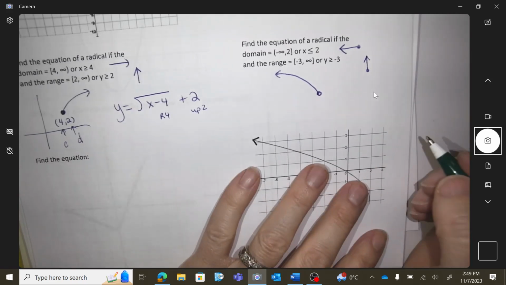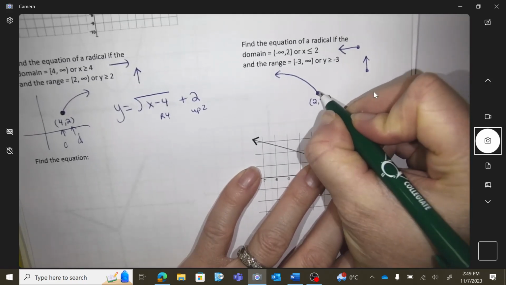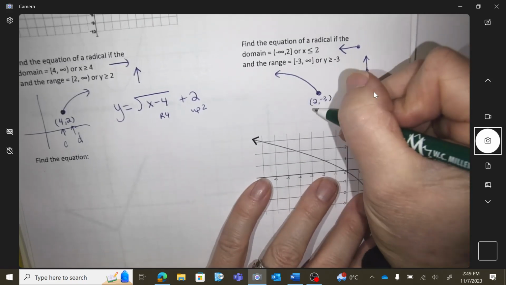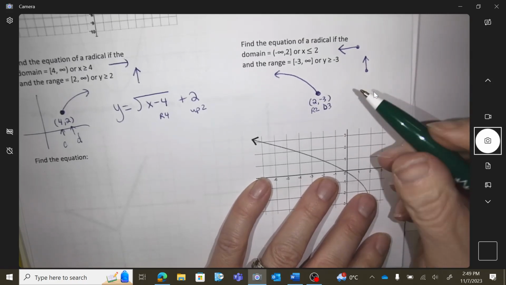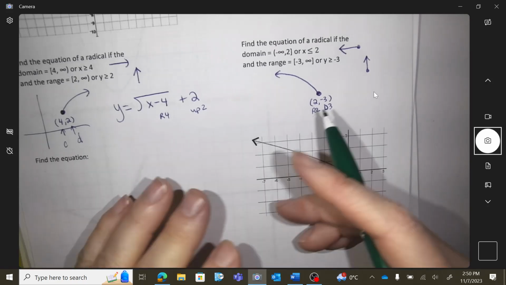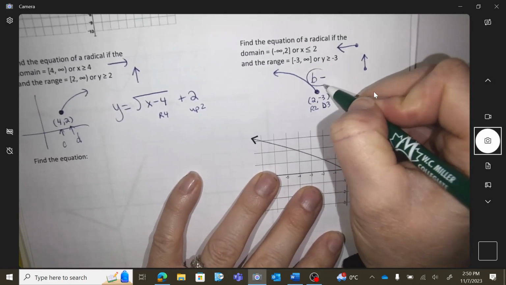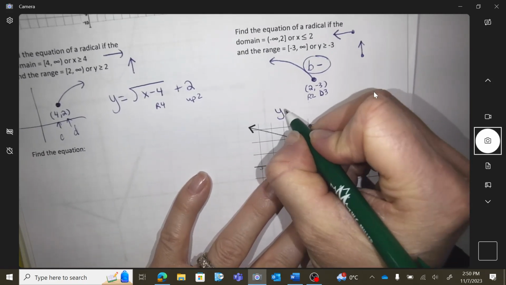The coordinate is 2, negative 3, right? So I'm going to have to move right 2 and down, sorry. Right 2, down 3. Okay, there's a negative. Do you see it? There's been a reflection. So which negative would it attack, the A or the B? It would be the B has to be negative. So then I go y equals